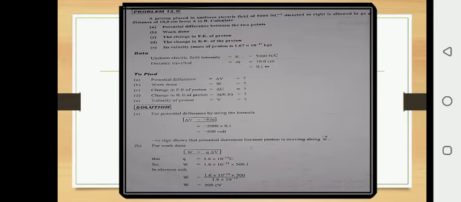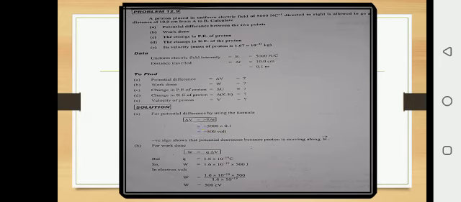The given terms: uniform electric field, represented by E, its value is given here. Distance travelled, delta R, is 10 centimeter, to be converted into meter. Of the required terms, first calculate potential difference. The formula is the formula of potential gradient: delta V is equal to minus E delta R. The values of E and delta R are given here. By putting values, you can easily calculate potential difference.